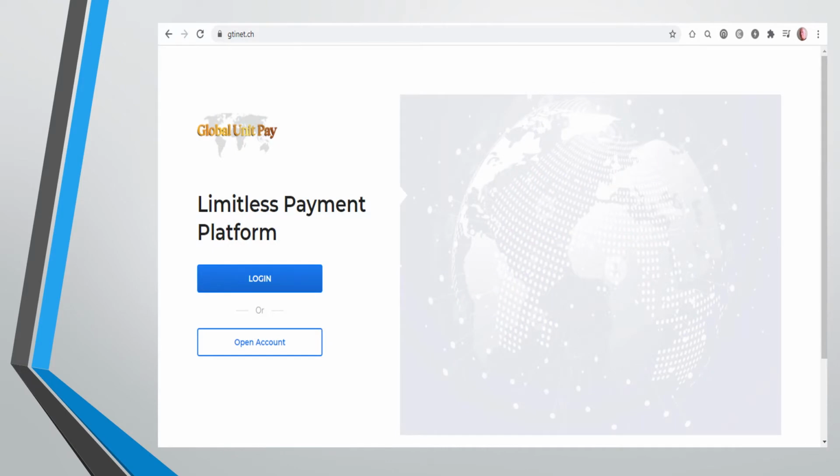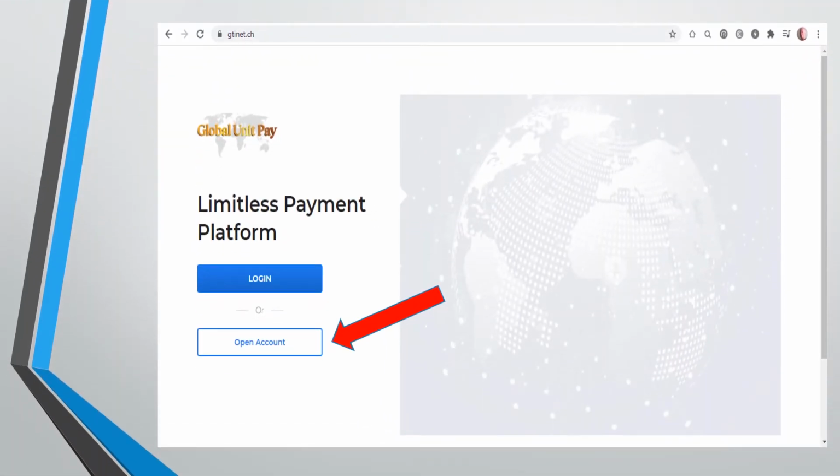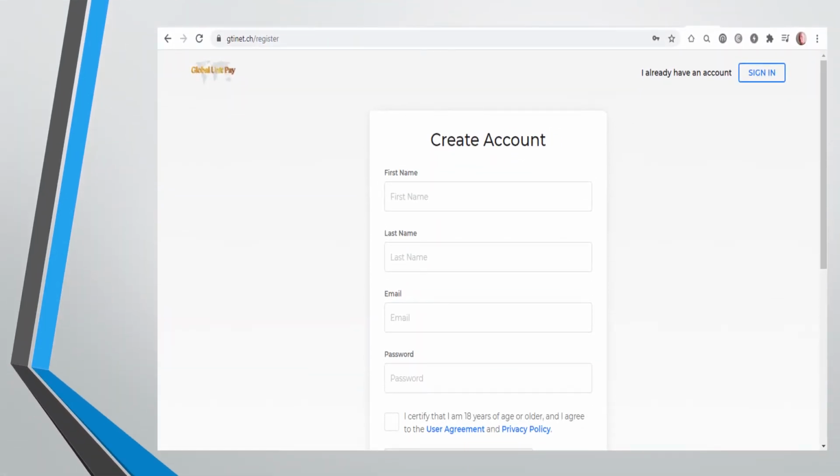So firstly, you need to go to GTINet. You need to type gtinet.ch into your browser. Then click on the Open Account tab. This will take you to your Create Account page,